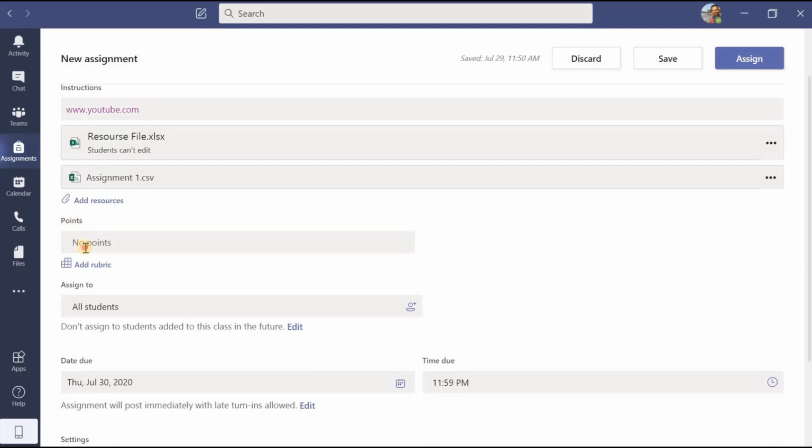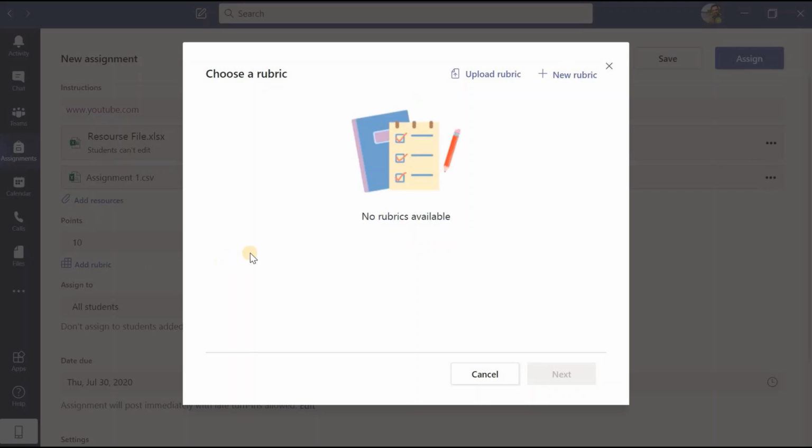Now the next point is, if I have to give some points, or assign some marks to that assignment, here I can assign. Let us say I have given 10 points to this assignment. Here if I want to add the rubrics, that is also possible. Many of the institutes or organizations are already going for NBA or NAAC accreditation, and this is a very simple tool with the help of which you can easily calculate your rubrics. Here what you need to do, you need to upload your rubrics, or if you have already created that file, you can click here and add it.